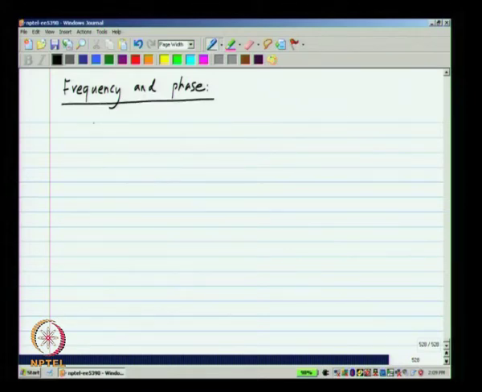Now, let us start with a periodic signal that everybody is familiar with. Let me just take cos 2 pi f naught t. We know that this is a periodic signal and this could be some voltage with a peak value V p. Okay. Now, we will break it down into the basic periodic function,